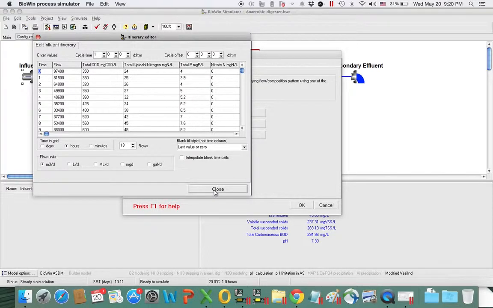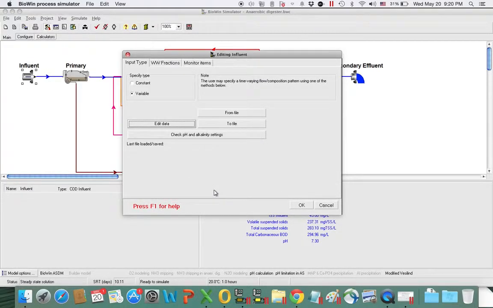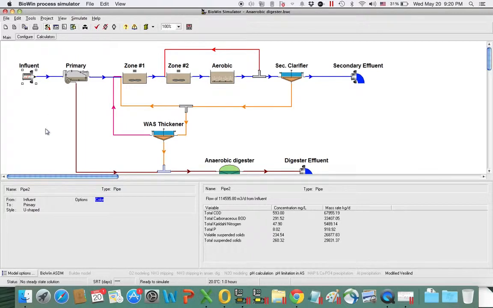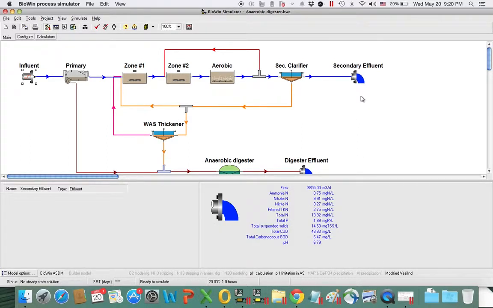So what I have done is I've taken data from BioWin and pasted it onto Excel, and I have taken data out of Excel and pasted it onto BioWin. But some of the interesting things about pasting data from BioWin into Excel is not really getting the influent data, which probably came in originally from an Excel spreadsheet, but getting effluent and time series data from results from the model into Excel in a way that I can later use them,